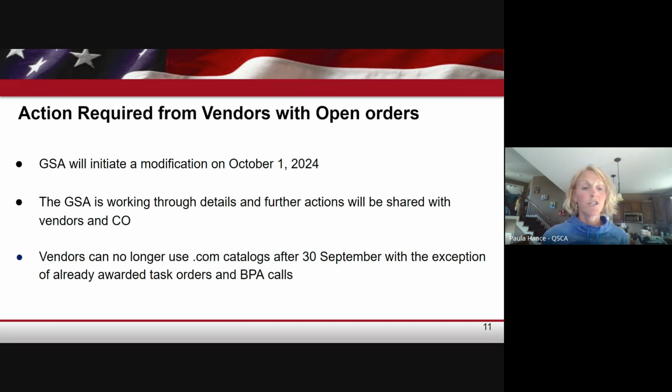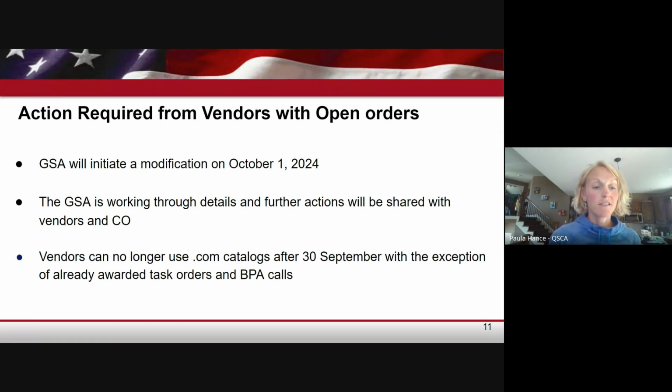Again, GSA will initiate a modification on October 1st, 2024 if you have open orders or BPA calls. The dotcoms will be removed from your GSA schedule. You will only be able to continue to utilize the dotcoms for awarded task orders and awarded BPA calls.